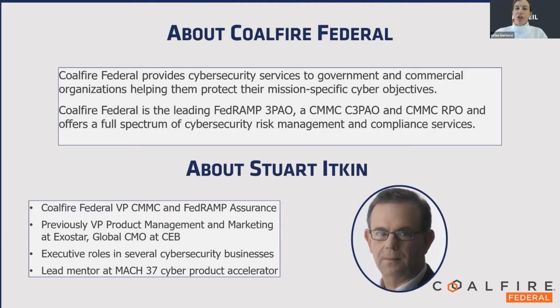Coalfire Federal provides cybersecurity services to many government entities and commercial organizations, helping them protect their mission-specific cybersecurity objectives. Coalfire Federal is the leading FedRAMP 3PAO, a CMMC C3PAO, and CMMC RPO. It's a lot of three-letter acronyms, and offers a full spectrum of cybersecurity risk management and compliance services. In addition, Stuart is currently Coalfire Federal's VP of CMMC and FedRAMP Assurance. He was previously VP Product Management and Marketing at ExoStar. He has held several executive roles in cybersecurity, and has been a lead mentor at Mach37